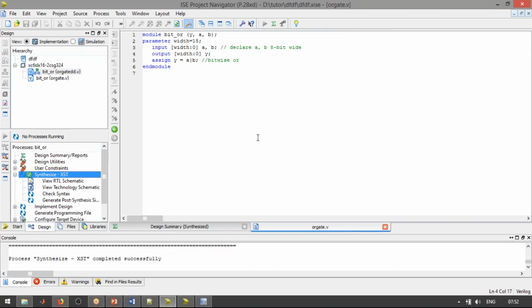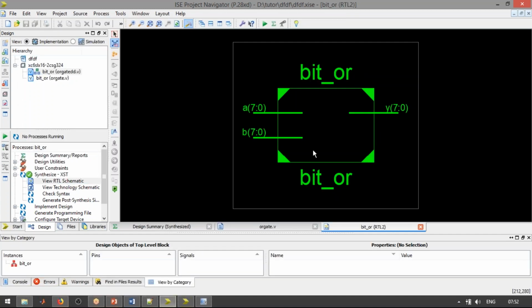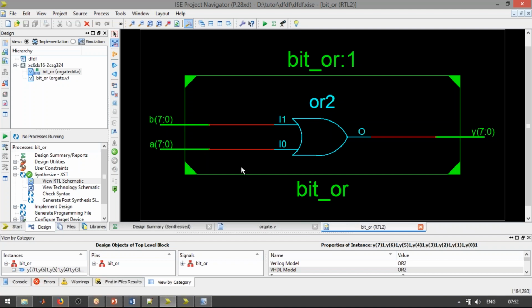Okay, fine, no problem. Here, if you are seeing that program, I declared a parameter, that means a variable called width of size 15. Now I synthesized, and if you are seeing that synthesized module you are having